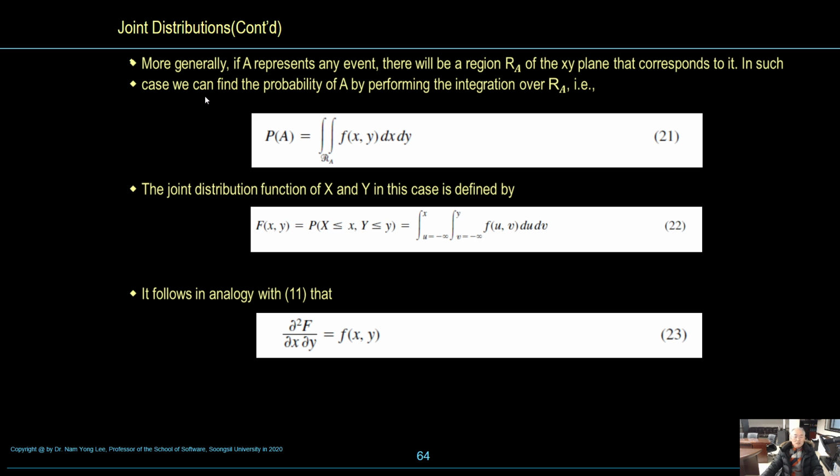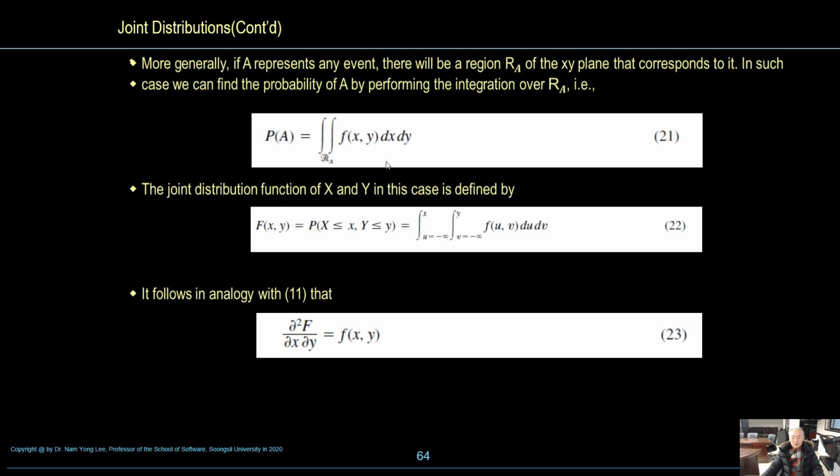In such a case we can find the probability of A by performing the integration over R_A. That's P(A) over the region is equal to the integral